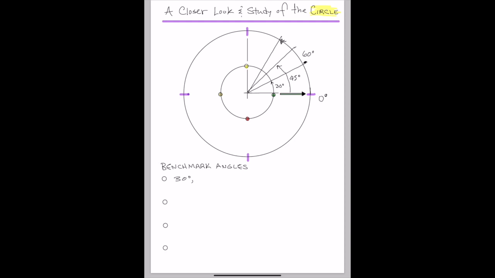Okay, so we have, these are ones that are common. Of course, you notice that the increments after 45 are going by about 15 degrees. And then we get into our positions that we call quarter turn positions. So that's our 90 degree. And then we repeat ourselves again as we divide that up, and then you end up at 135, which is about right here. And then you're back at the straight angle,